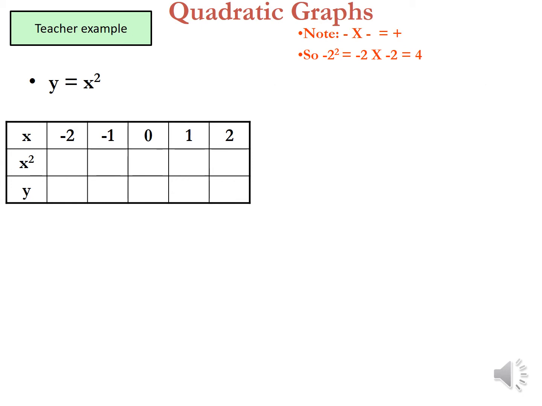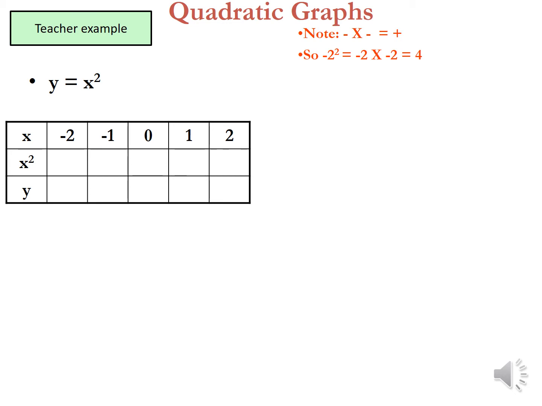Okay, so let's talk about the equation first. What is the relationship? So we have the coordinate x, and we need to square the coordinate x, which gives me x squared, and then once you've squared your x coordinate, that will give me my y coordinate. So therefore, when x is equal to minus 2